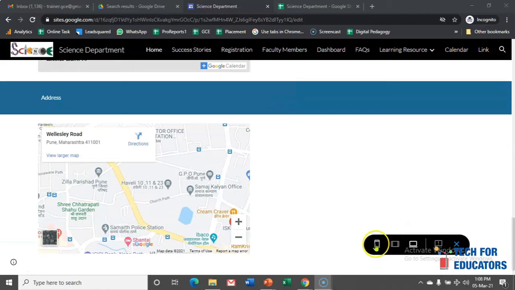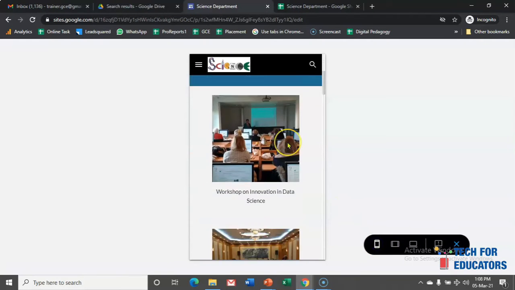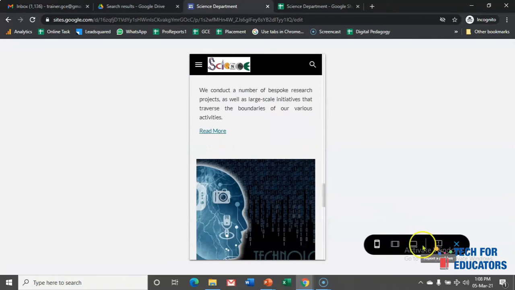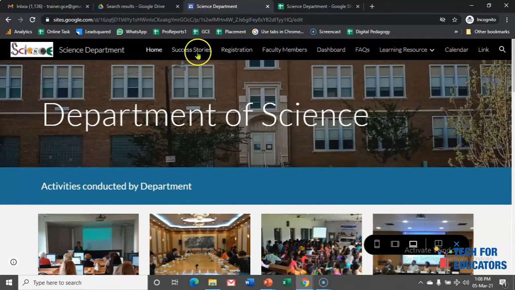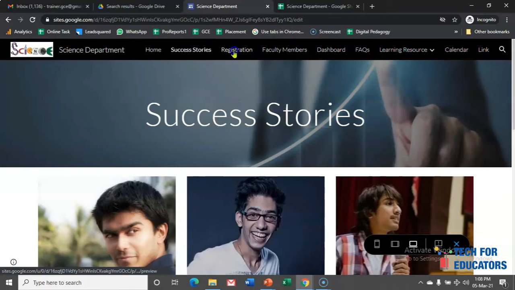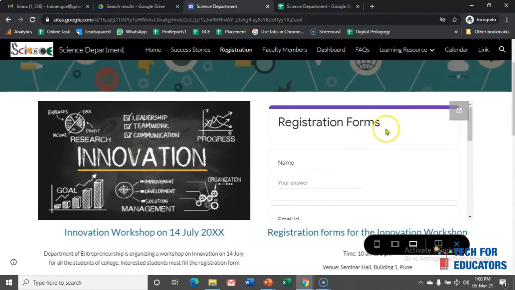And if you see this home page on mobile, this is the way it will look on mobile. And now let's go back to the desktop view, and on your desktop you can have success stories of your students. Similarly, many schools and colleges are organizing their events and activities on a weekly basis. So this is the way you can take the registration form. Even you can embed a Google form over there to accept the registration.